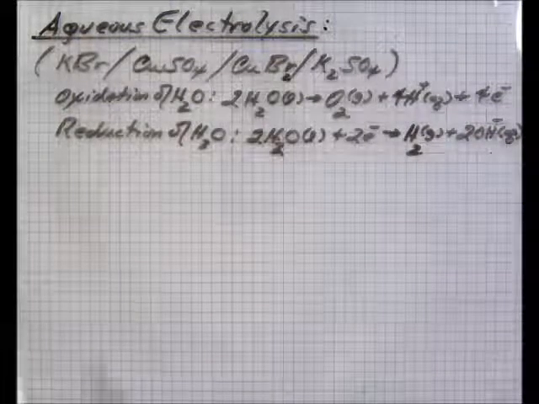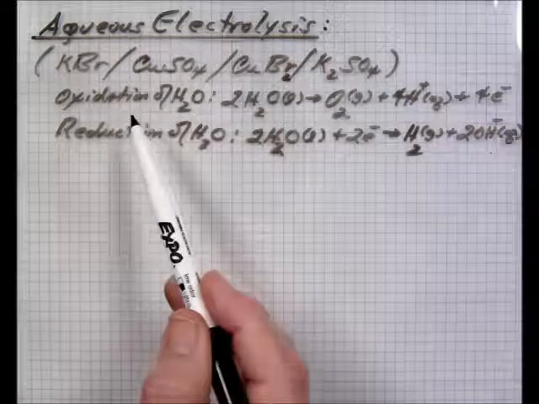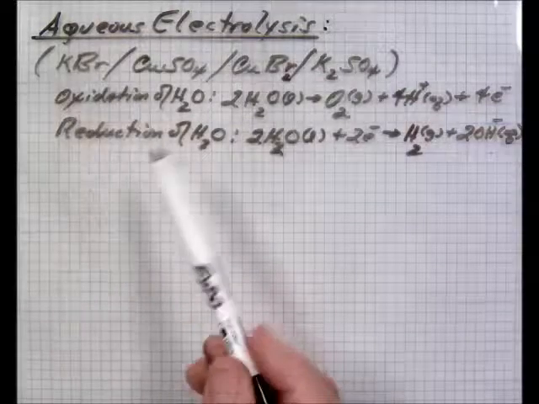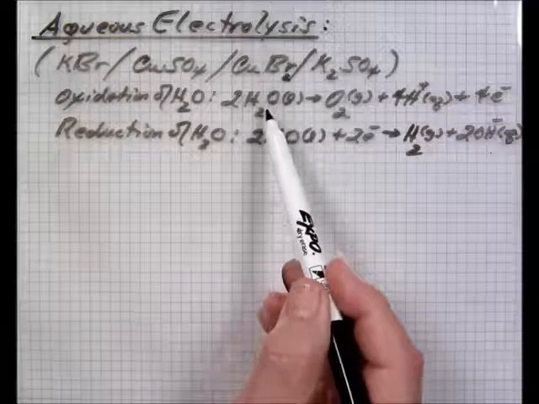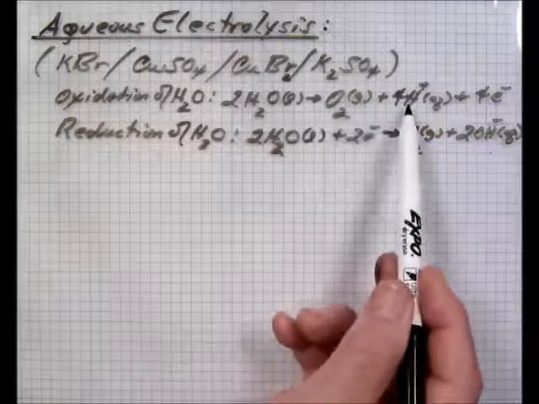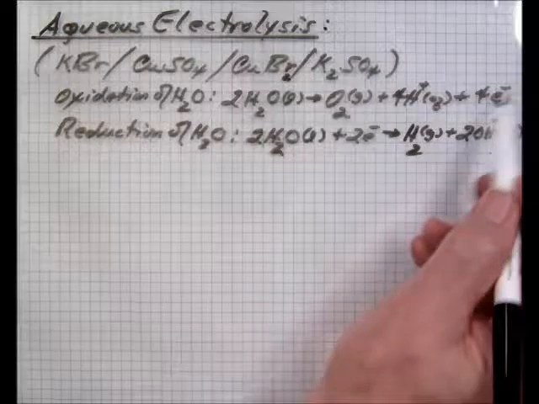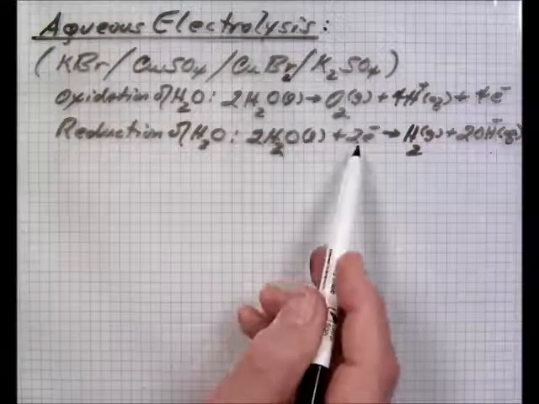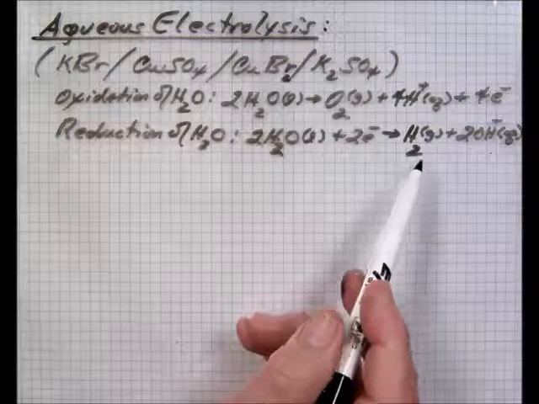Now, in order to understand, we must also compare the oxidation and reduction of water with the oxidation and reduction of the salt ions. Oxidation involves 2 moles of water to form oxygen gas, 4 moles of hydronium ion, and 4 moles of electrons. Reduction of water is 2 moles of water gaining 2 moles of electrons, producing hydrogen gas and